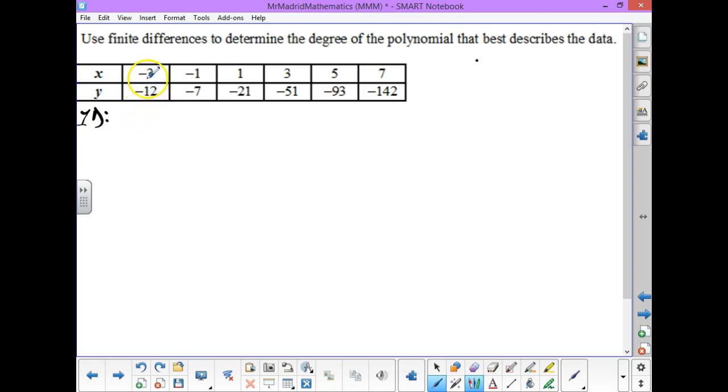Let's see here. We're going to focus on the y values. To go from this value to this value, we need an increase of 5. From this one to this one, a decrease. From this one to this one, a decrease. From here to here, a decrease of 42. And if you can't do the mental math, there's always that calculator. So here's where we're at. Now there's nothing too significant there, but if you look back at your notes of when we worked